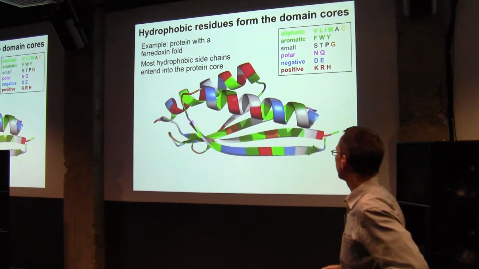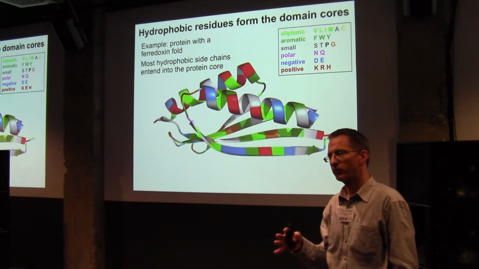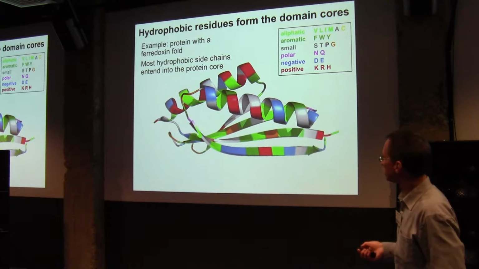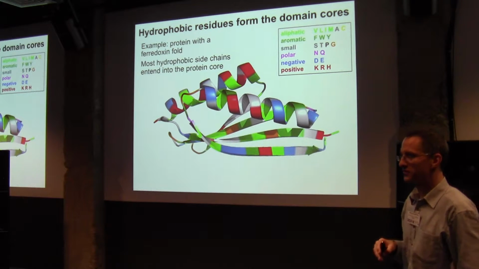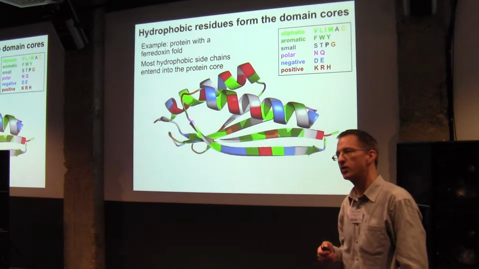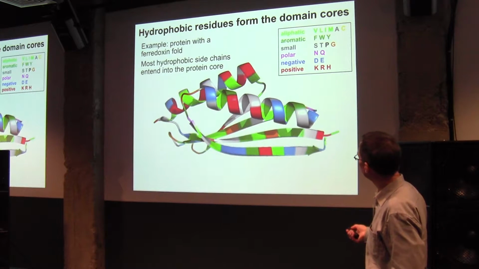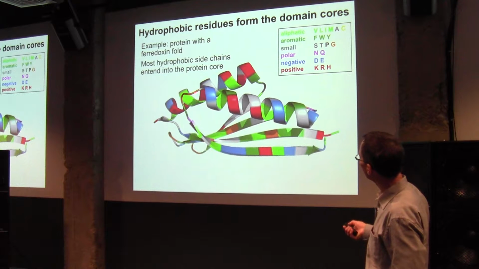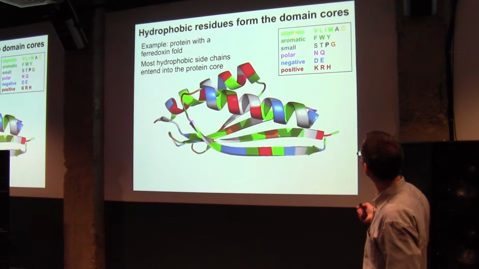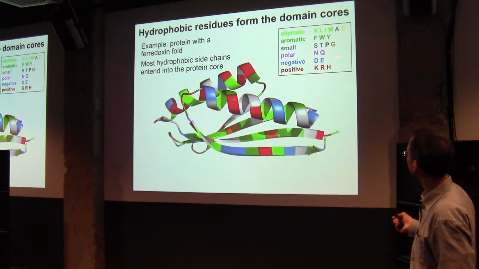Okay. So maybe I go quickly through this because I think most of you come from a biological background, right? So you have a good feeling for proteins, I guess. So maybe I'll just give you my whirlwind tour through why I think that proteins are so good candidates for homology search. This is a ferredoxin protein, a very simple fold, where each amino acid in the backbone is colored by its physical chemical properties: aliphatic, aromatic, small, polar, negative, and positive.